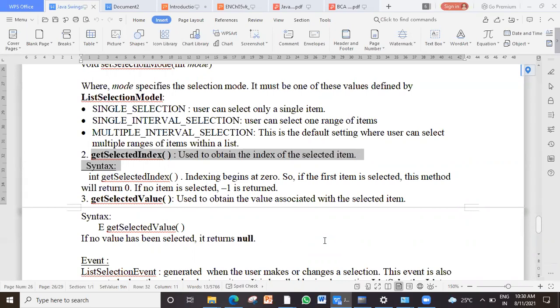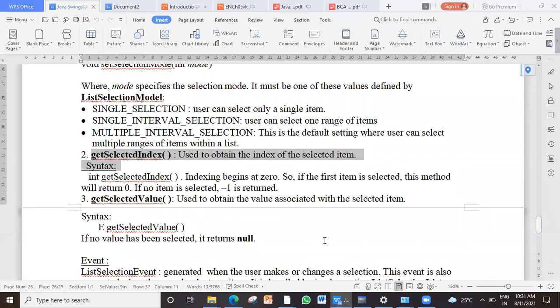Then in that case, we had to tell the user, you have not selected. How will we know that he has not selected? If that index is returned as -1, then we should know that nothing is selected. So we used to check: get the selected index and store it in one variable. If that variable is -1, display the message, you have not selected any item. Else, get that selected index.